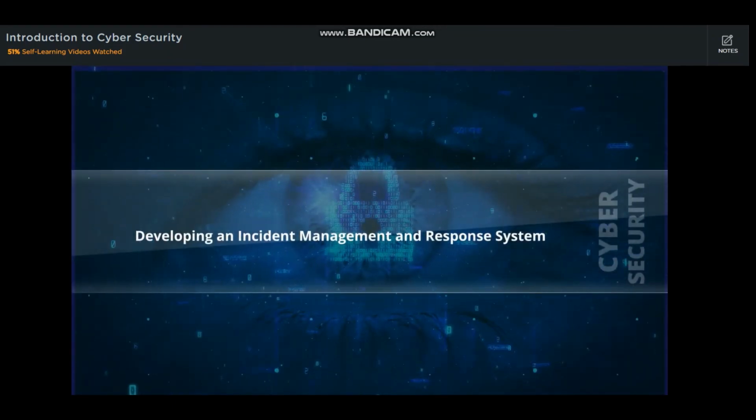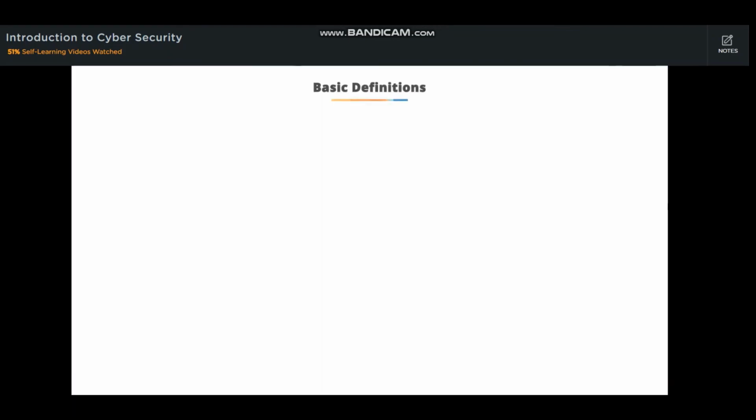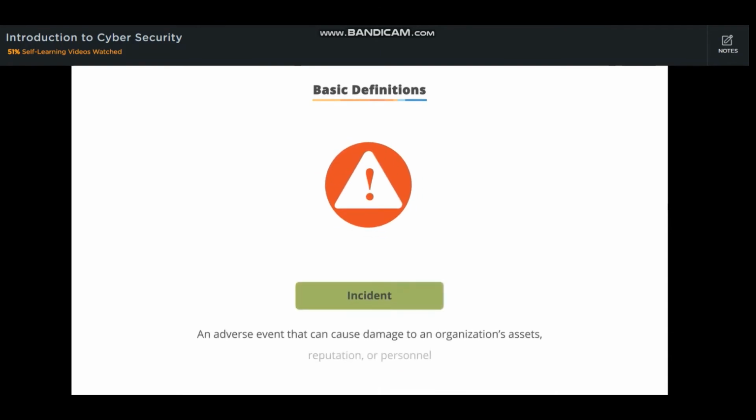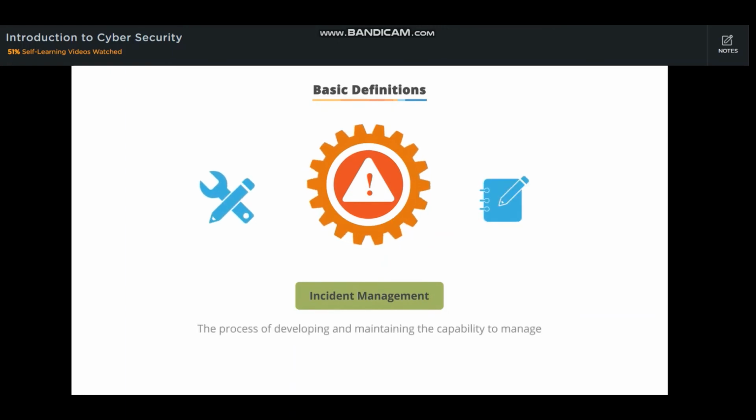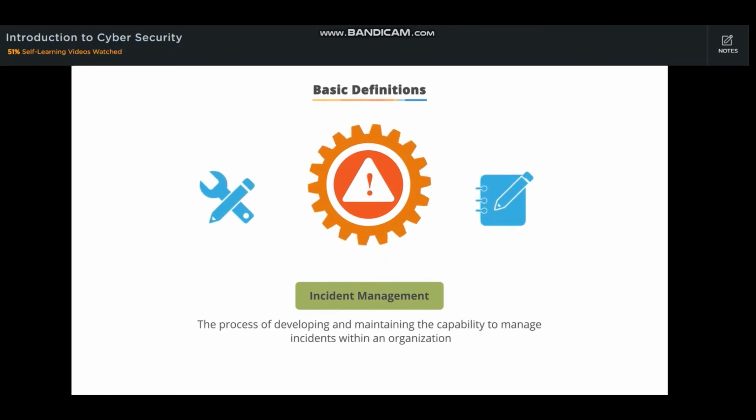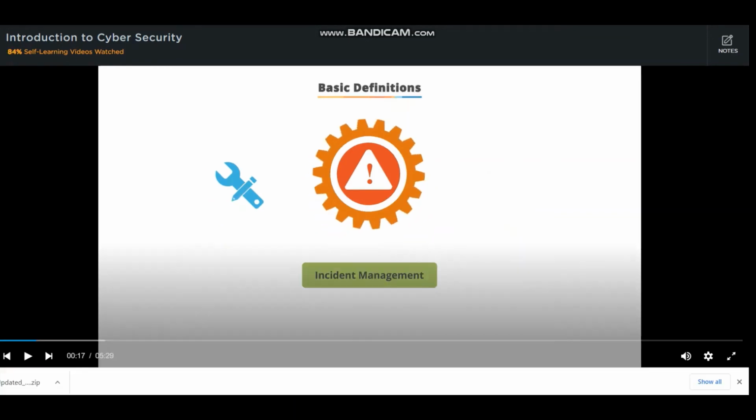Developing an incident management and response system. Basic definitions. What is an incident? It's an adverse event that has caused or has the potential to cause damage to an organization's assets, reputation, or personnel. Incident management is a process of developing and maintaining the capability to manage incidents within an organization so that impacts can be mitigated and recovery